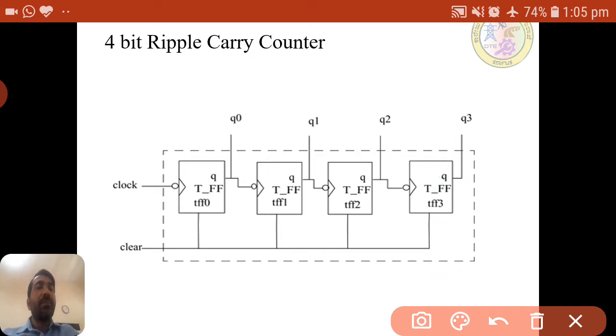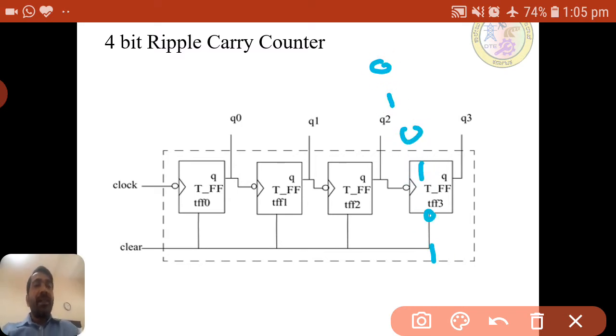The third bit toggles every 4 times, 0 0 0 0, then 1 1 1 1. The fourth bit has 8 times 0 and 8 times 1. If you see the first bit only, then every clock it needs to toggle.